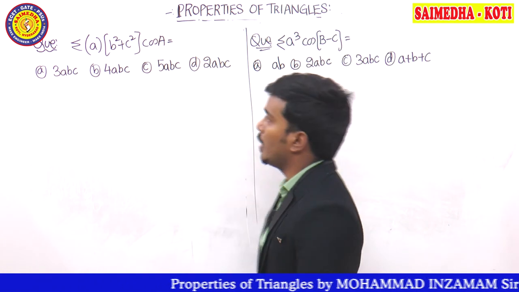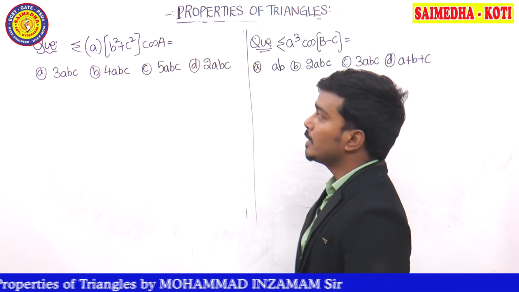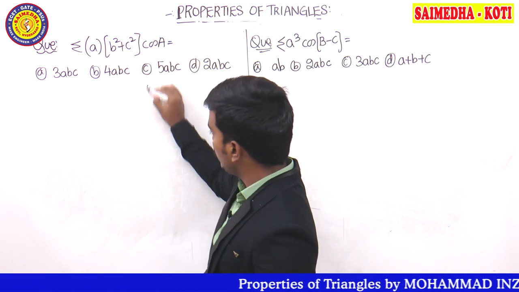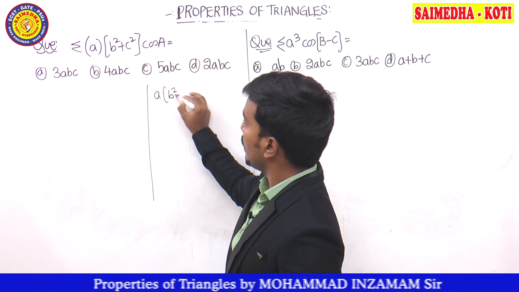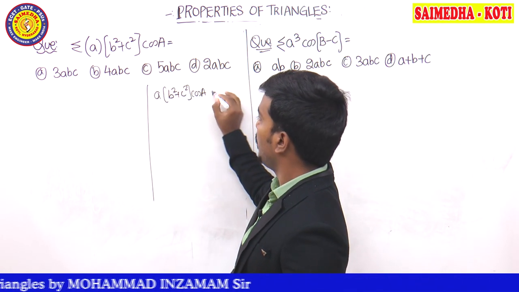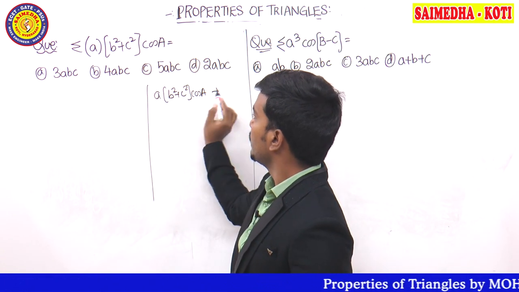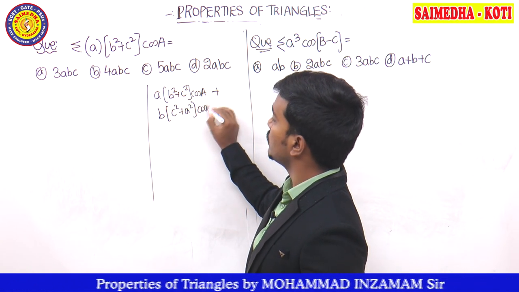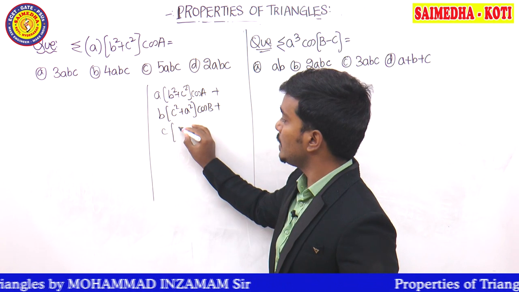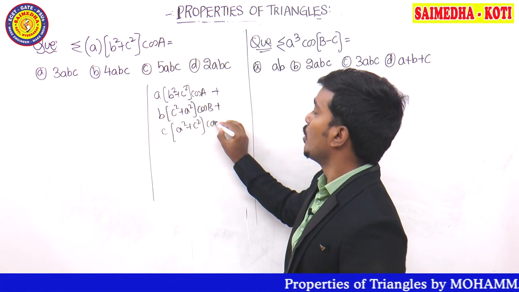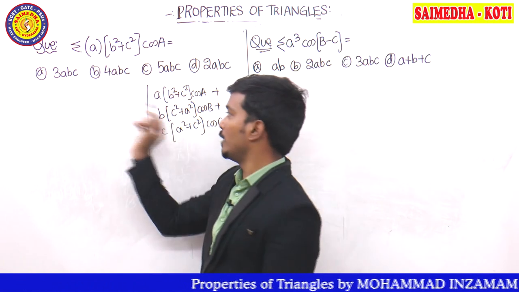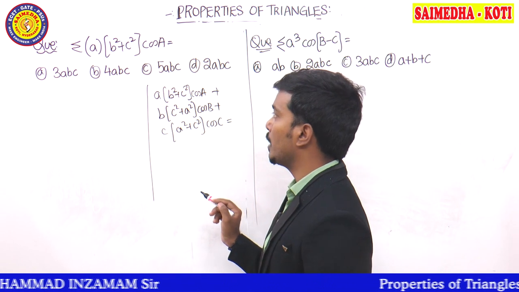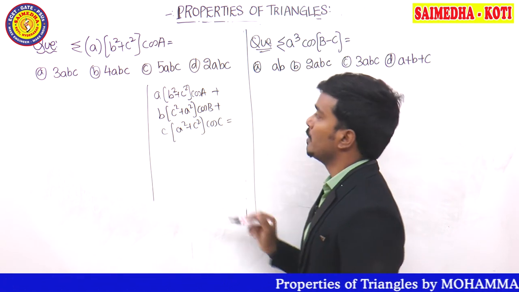The question given on the board is sigma A(B square plus C square) cos A. In sigma, you need to remember that you need to run these values 3 times. That means this actual question is in this form: A(B square plus C square) cos A plus, after removing the sigma, after the A series it becomes B, so B(C square plus A square) cos B, and then C(A square plus B square) cos C. This is the meaning of that sigma, guys. It circles 3 times and then the total question is completed. So this is the meaning of the second question. Pause the video to note it down.